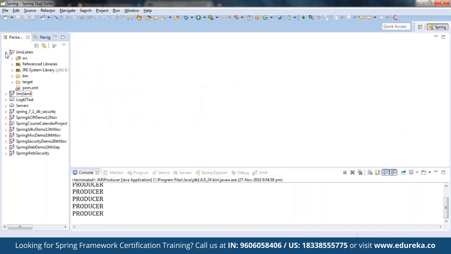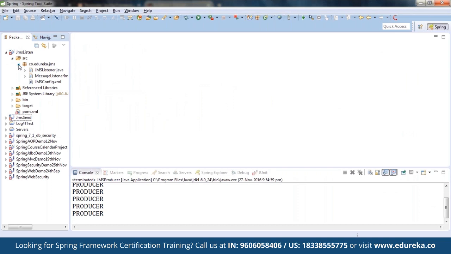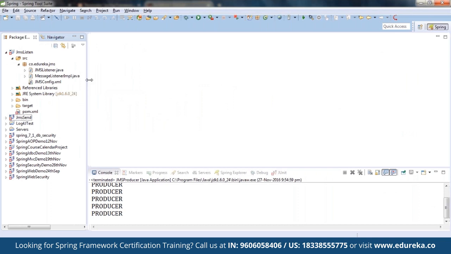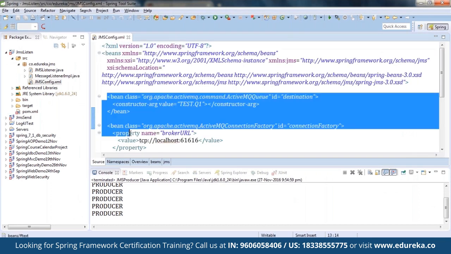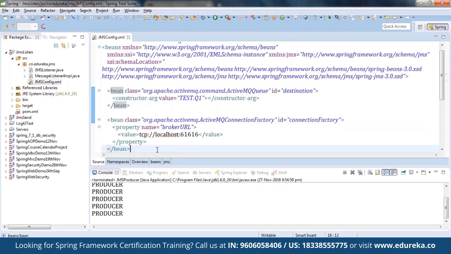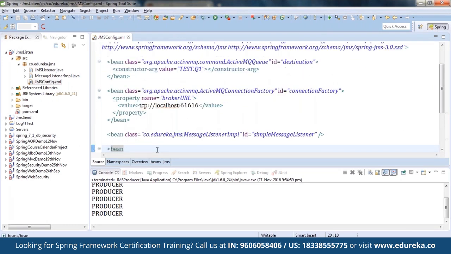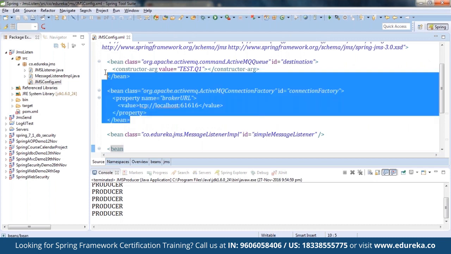I have a listener. The POM configuration is the same. Let's see the XML configurations for the queue. The first 2 parts are the same because it also needs the same 2 beans to connect. If you are sending a message, you need a connector. If you are receiving or reading a message, you need a connector. So you need these connectors. Then you need another